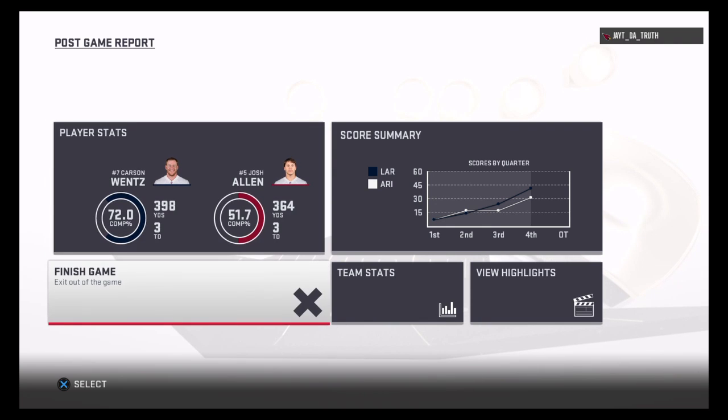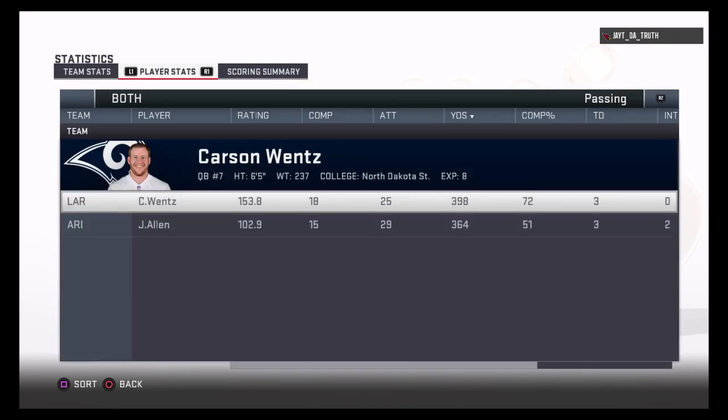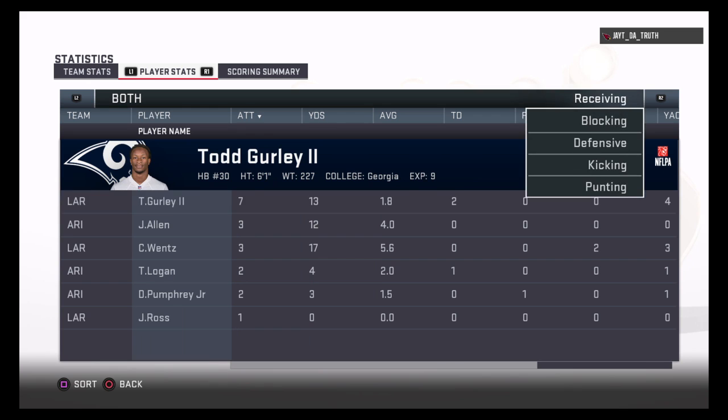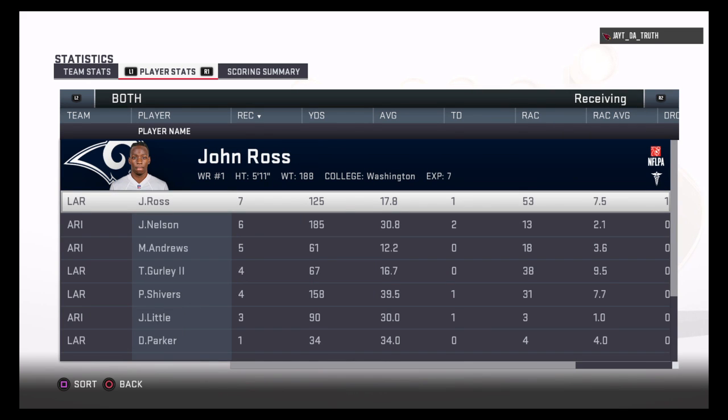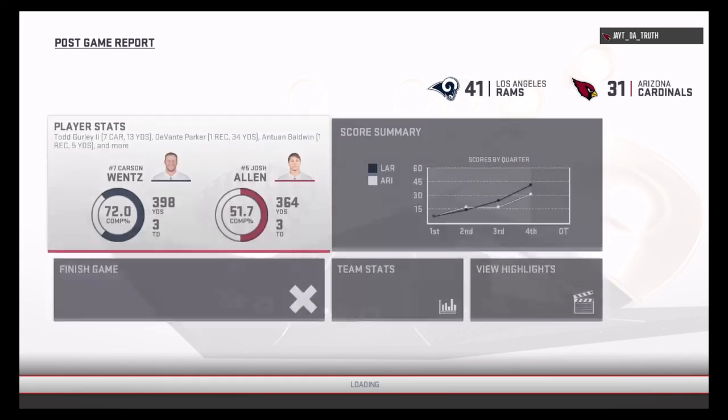So for Los Angeles, they boost their record up to a strong 4-1. And they'll get another road test next week as they head to Buffalo to take on the Bills. Meanwhile, for the Cardinals, they drop below 500 to 2-3 with a loss. And they'll get a chance to redeem themselves next week at home against